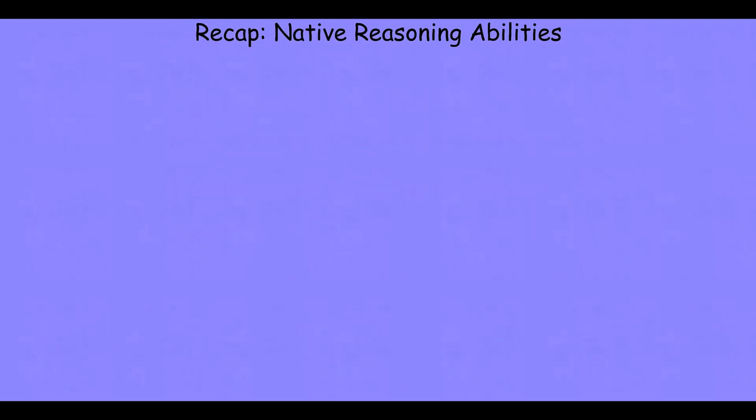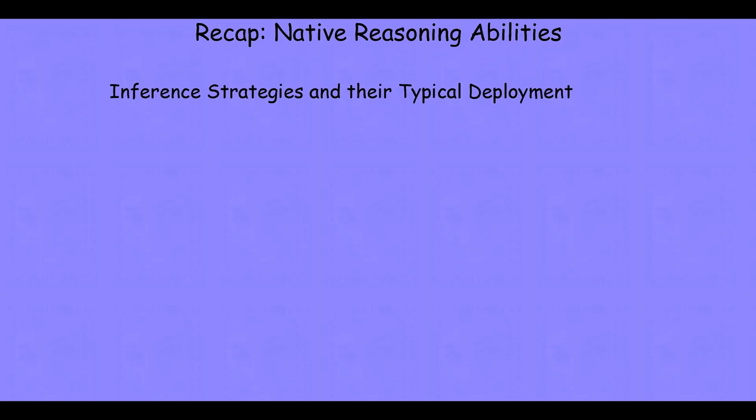Let's talk about some of these important features that we discovered in the previous 2 lectures regarding our native reasoning abilities. So we'll start off by discussing those 2 inference strategies that emerged in the previous lectures, System 1 and System 2. And we'll talk about their typical deployment and their interrelationships. Then we'll remind ourselves about the things that we learned by considering the evolutionary origins of human inference and decision-making